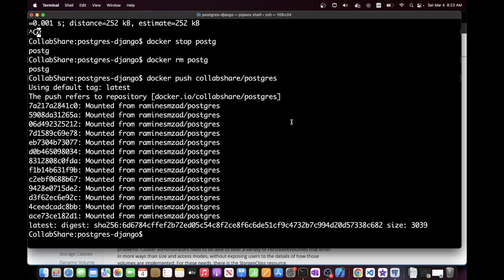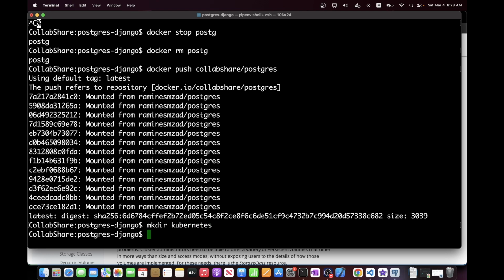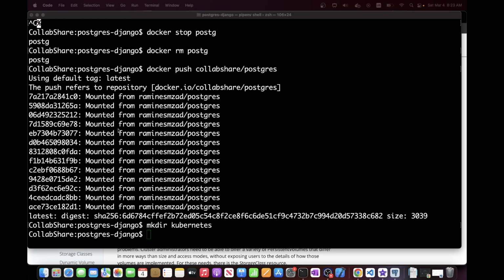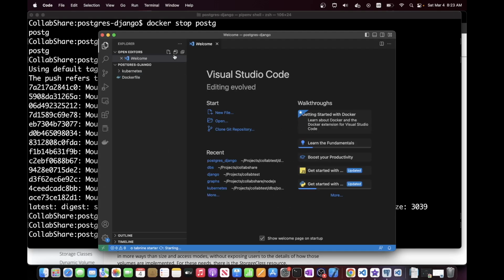Now that the image was successfully pushed to the Docker Hub, let's create a directory to put all Kubernetes related files in. Kubernetes. And now let's open VS Code, and I believe let's reopen the VS Code in this directory. Okay,